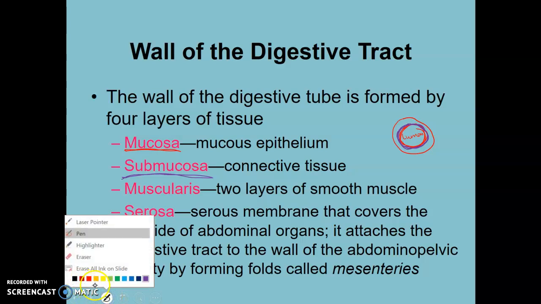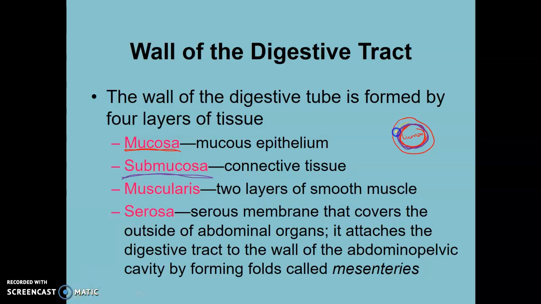The muscularis, which I'm going to do in orange here, is the next region. The muscularis is the smooth muscle that allows a process called peristalsis to take place. In other words, it allows contractions of the digestive tract, so here's a cross view. If you have the digestive tract that looks like this, you have contractions pushing food down through the tube, all right? And then the last membrane here, if I can get another color, let's pick green, is going to be